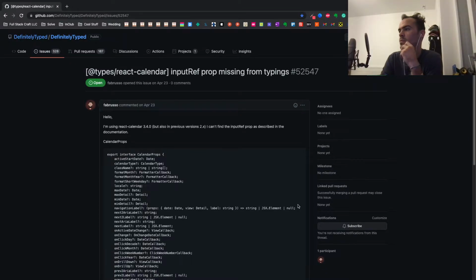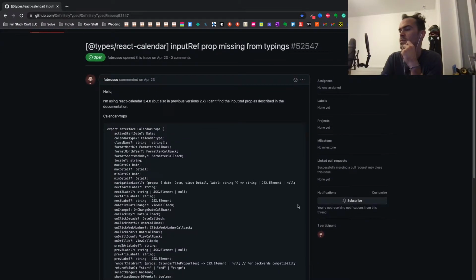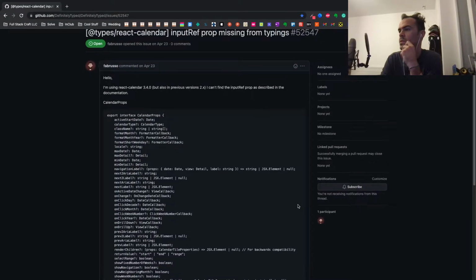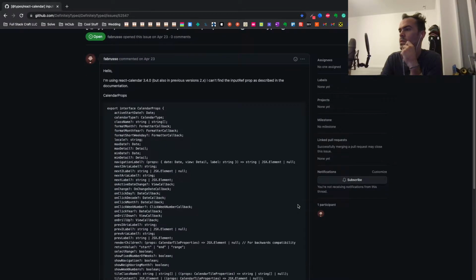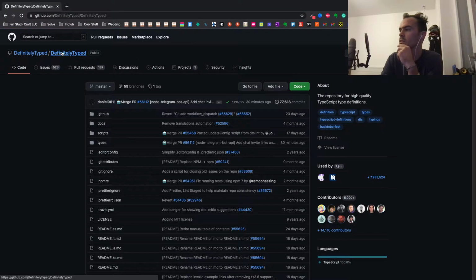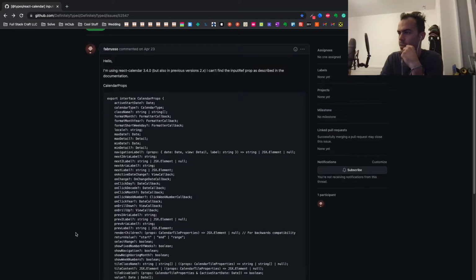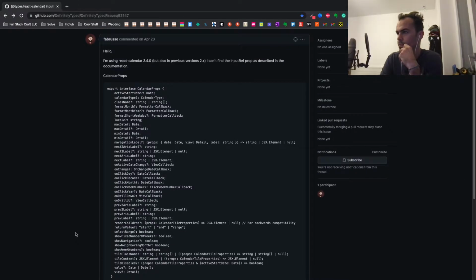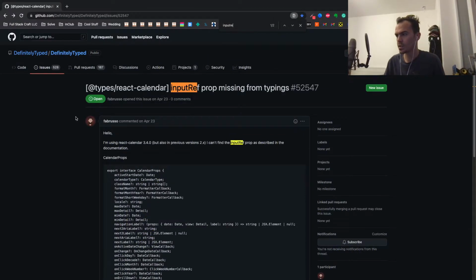Input ref prop missing from typings. I don't even know if they're doing Hacktoberfest. Oh yeah, all right. Props. Input ref. React calendar.